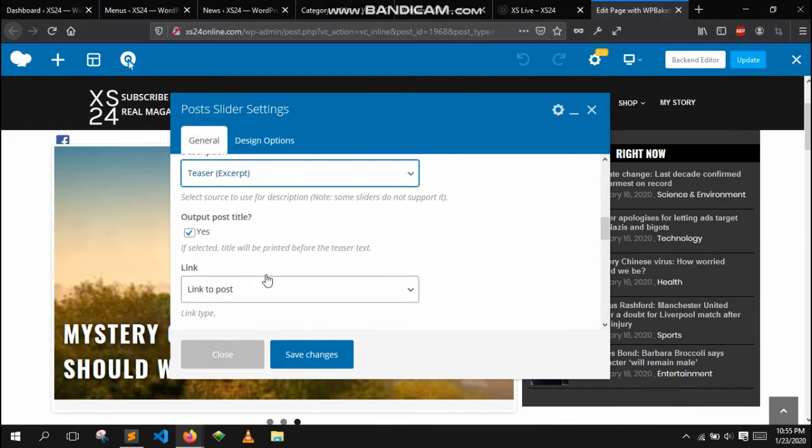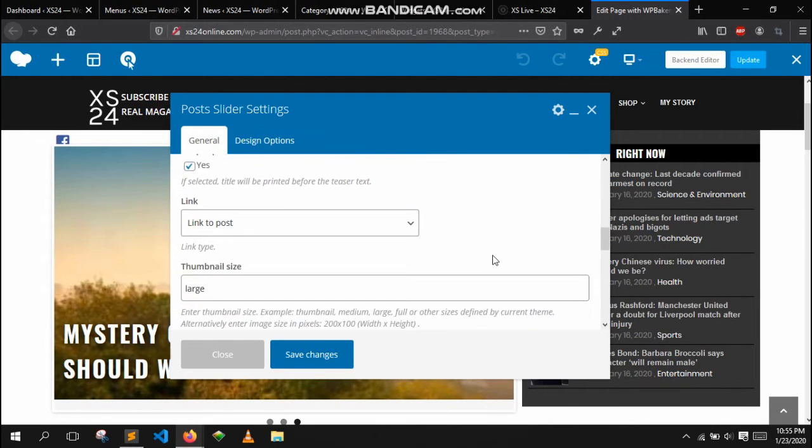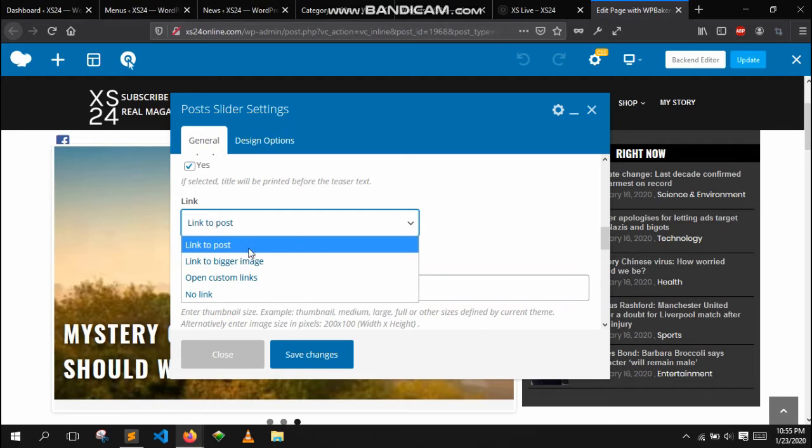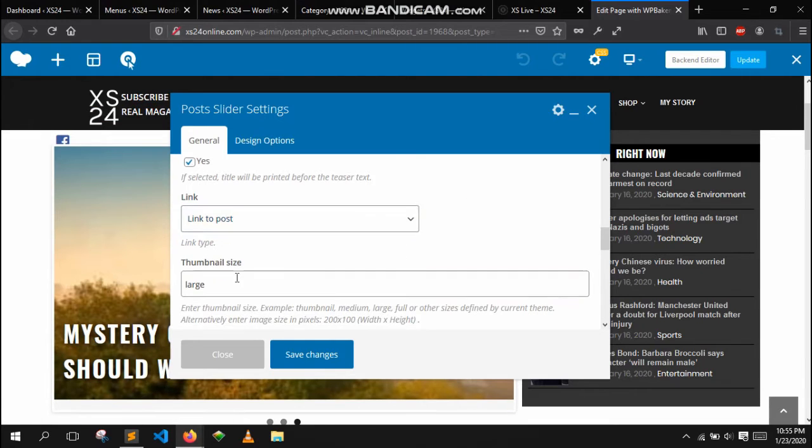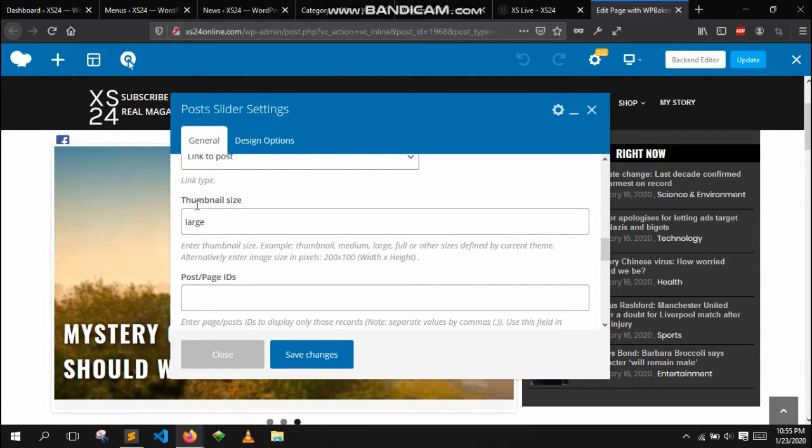So make sure this is selected, and here you have to link it to the post so it can take the user to the post. And this is thumbnail size, like size of this picture. You can select between thumbnail, medium, large, or full. So set it to either large or full. Okay,